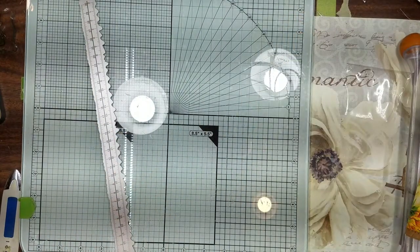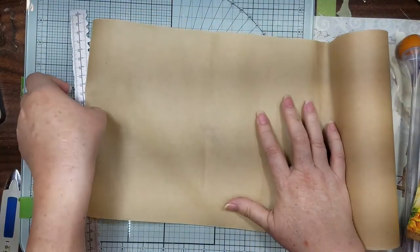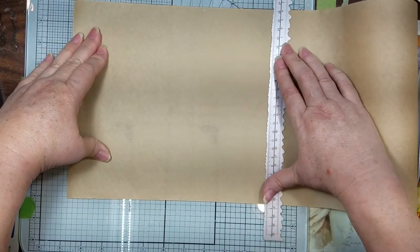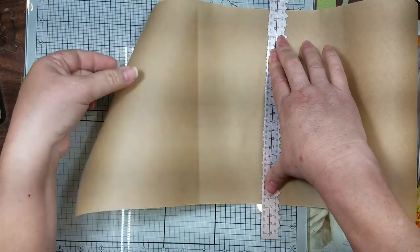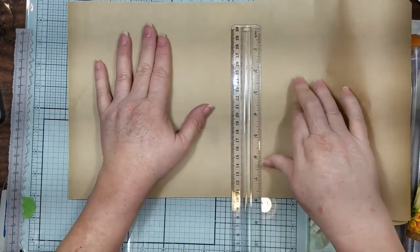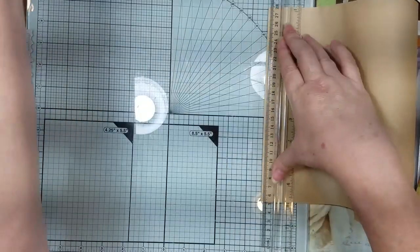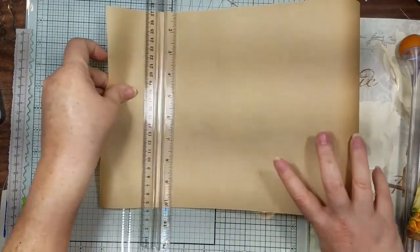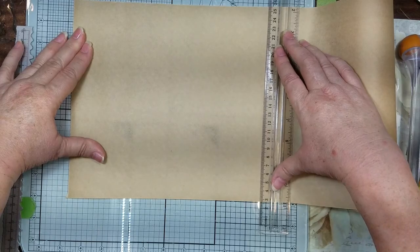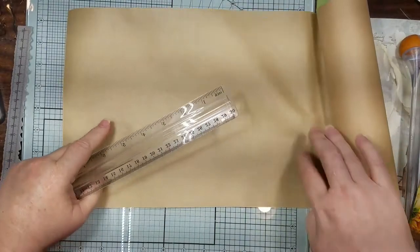Okay, and then let's see. Let's put some light color in there too. We'll do that one a little shorter. Oh, let's do that with a different ruler. I'm about to make a mess here. I was trying to be neat and tidy, but please. Came close, huh? Alright,